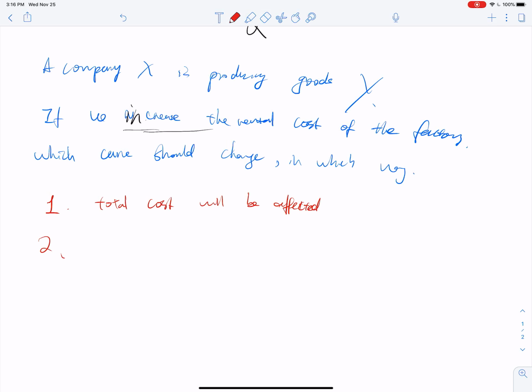It doesn't change if you're increasing your production. It only changes if your landlord tells you that right now they're going to change the rental cost, increase it or decrease it, and charge you whatever dollars. So it's fixed, at least for a certain period. Maybe for this month, maybe for this year. And if we are increasing it, which cost are we increasing? It's fixed cost, right? So fixed cost